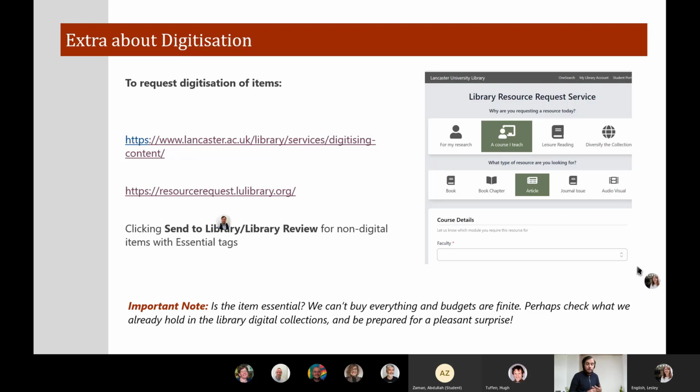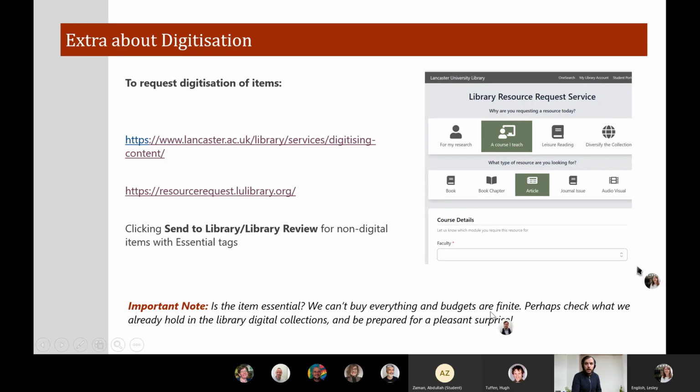You can also explain why it's absolutely essential, and therefore we can make it essential and make a case to see if we can actually find it digitized. Some of the requests for digital resources can, again, be very, very expensive. So we have to make sure that the reading lists are affordable and they're all digital.